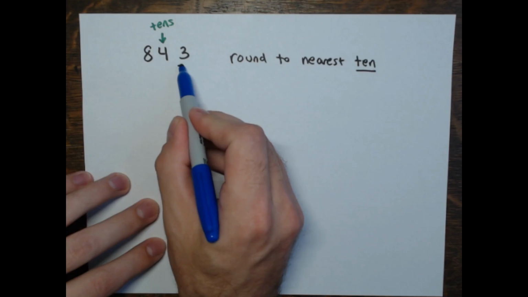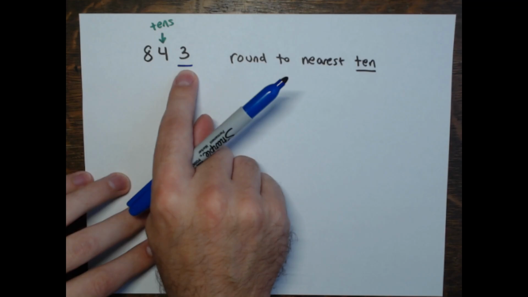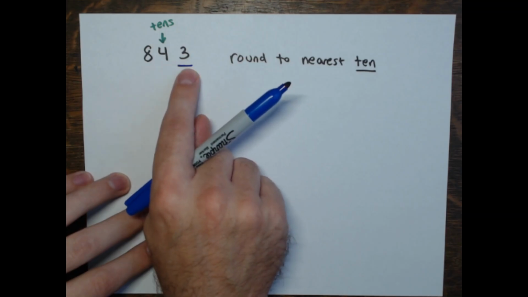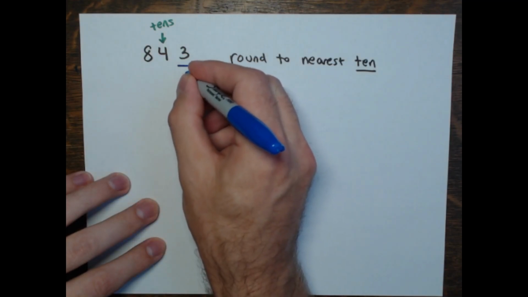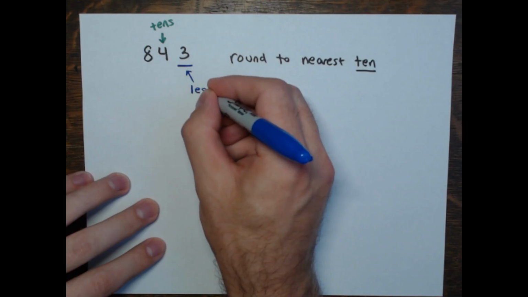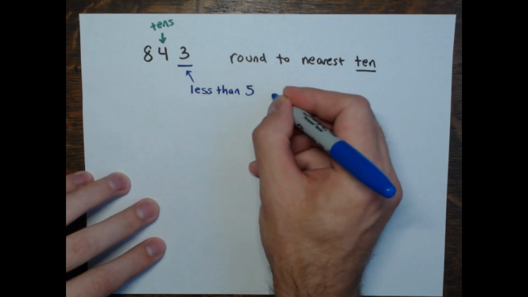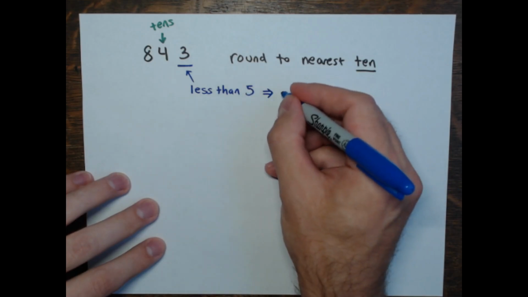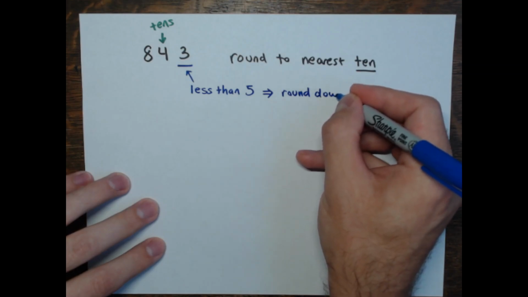The digit directly to the right of that is in the ones place. And then the question becomes, is this digit to the right of the tens greater than or equal to 5? Well, it is not. It is less than 5,